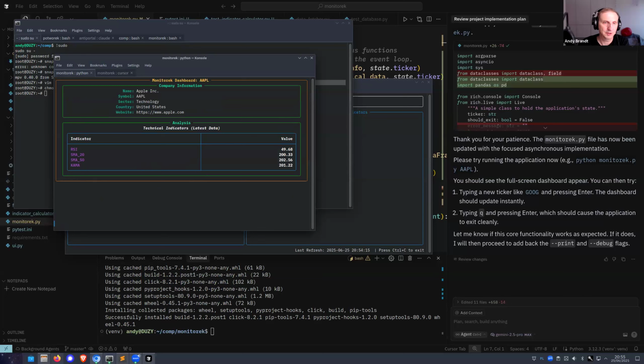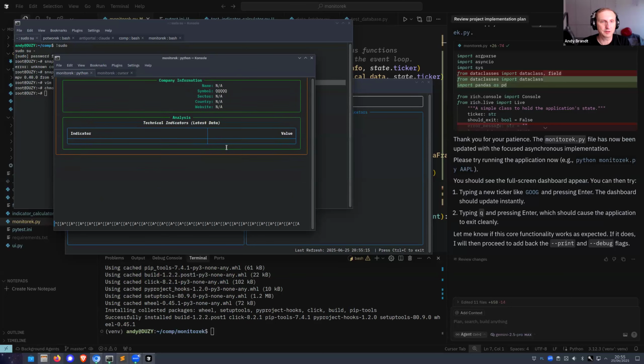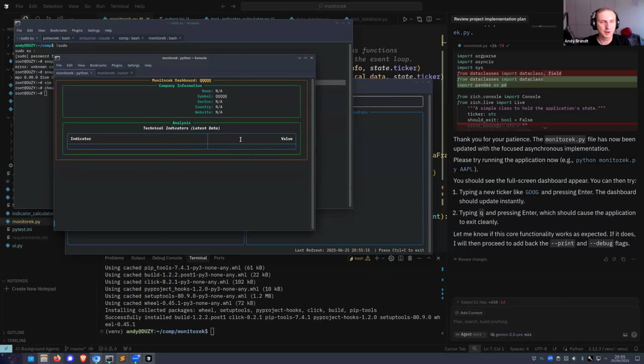Okay, it just shows the values, but I don't see anything more. Let's see if it exits as expected. No, it doesn't. Oh, now it understood it as another ticker.